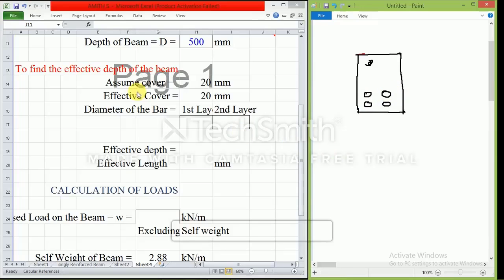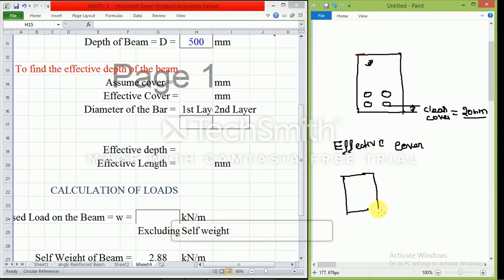According to this, they have given the assumed cover. Cover is from here to here. This is the clear cover. Let us assume this as 20 mm. For beams, it can be assumed to be 20 mm. The second one is effective cover. What is effective cover? I'll draw one singly reinforced section so it will be a bit clearer.